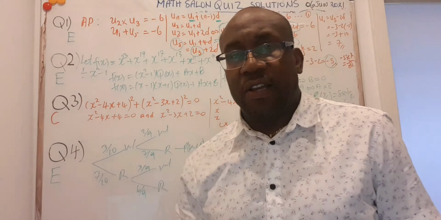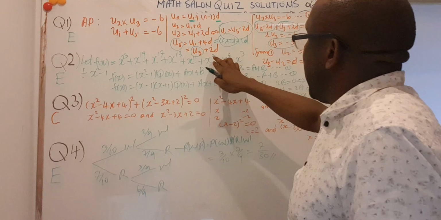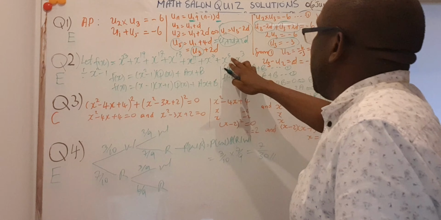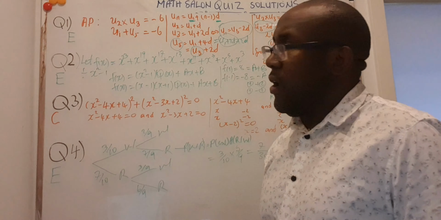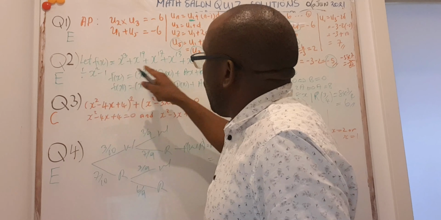Question number 2. You are given a long polynomial like this: x to the 23rd, x to the 19, plus x to the 17, x to the 18, x to the 11, x to the 7, plus x to the 5th power, and x to the 3rd power. And you were told to look for the remainder when that polynomial is divided by x squared